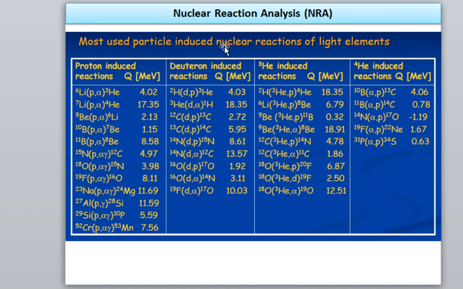These are a few standard nuclear reactions data. This is not for MSc students, but for those doing research on nuclear reactions, these data can be used to find out which reactions are possible, which are not possible, and what reactions will happen. Let me give you an example. If you take an alpha particle on boron, it will give a proton and carbon-14. If you see this reaction, there is a minus Q, that means this is an endothermic reaction. An alpha particle on nitrogen gives a proton and residual nucleus oxygen, and it absorbs energy, which means endothermic, and all the others are exothermic.